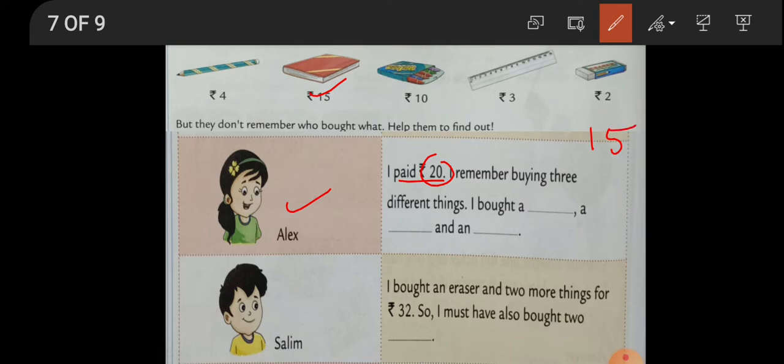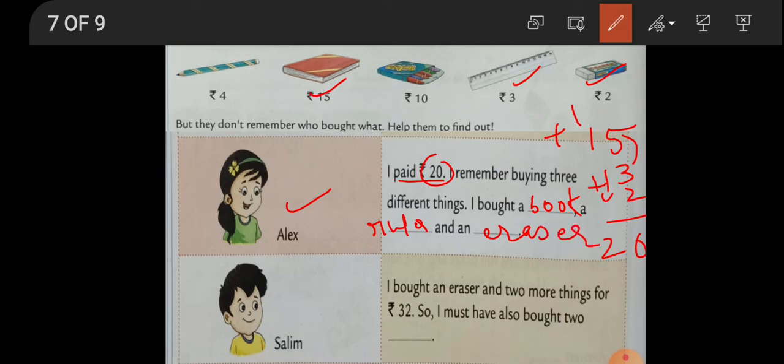Okay, take 15 rupees. That means book she has purchased. Let's see what two things will make 20 rupees. 15, and see, what will come in 5? 3 plus 2. So let us take 3 and 2. That is a ruler and the eraser. Let's see. 5 in mind. 3 fingers are forward pointing after 5: 6, 7, 8. 8 in mind. 2 fingers up: 8, 9, 10. 0, and 1 carried. This gives you 1 plus 1, 2, 20. Yes, we got it. So one book, and then ruler, and eraser. You have to add and see, and use your brain a little. You have to use your common sense here.